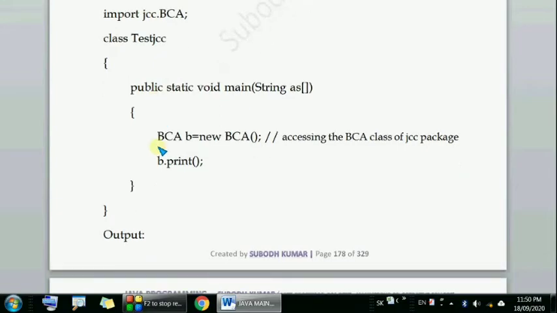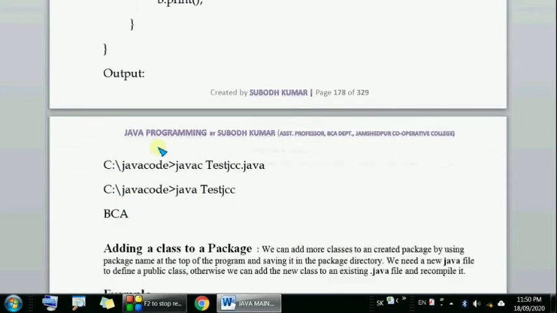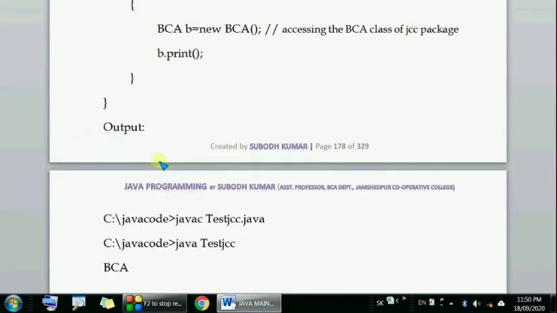So this way we can create our user defined package, define a class in that package, and in the class we can define various functions which can be accessed by importing the class, and we can access all the functions of that class.